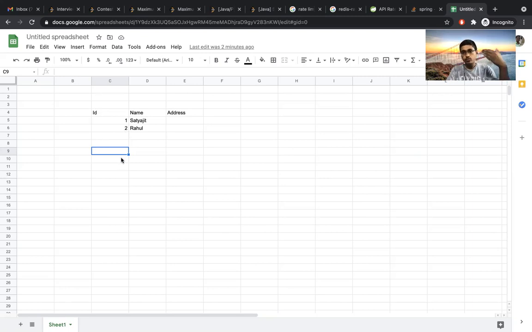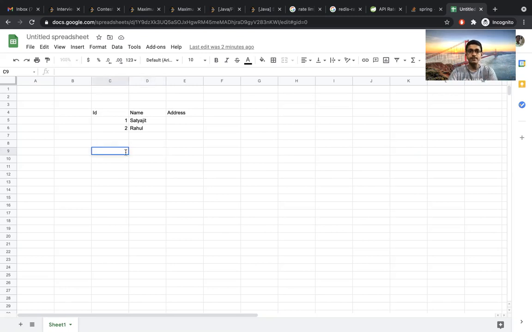So to solve this, we have GSI, which is called Global Secondary Index. What GSI does is you can create a global secondary index of the field you want to query faster.